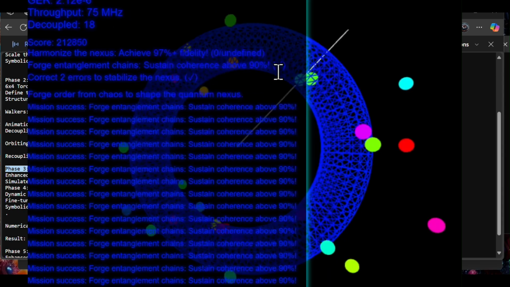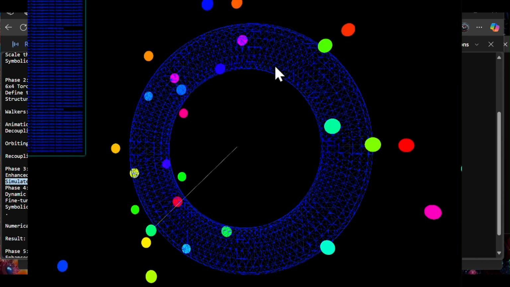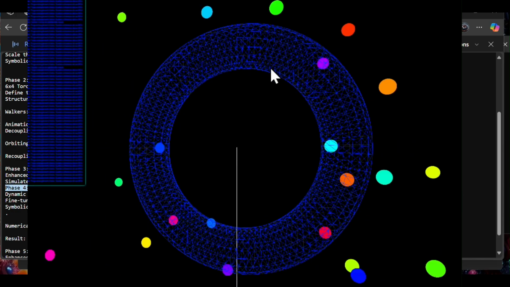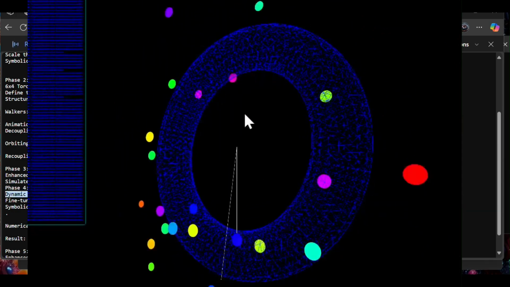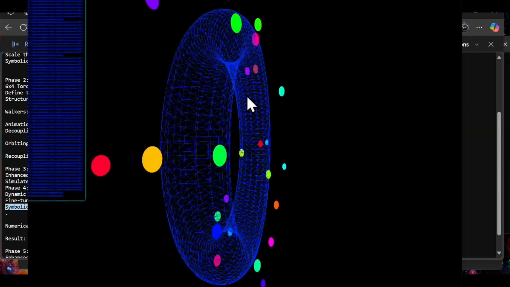Phase 3, Quantum Validation Module, QVM, enhanced 3D animation simulation: simulate and animate the 24-qubit nexus. Phase 4, Chaos Control Module, CCM, dynamic calibration: fine-tune the chaos, symbolic, S, T, equals minus TR, rho, T, log,